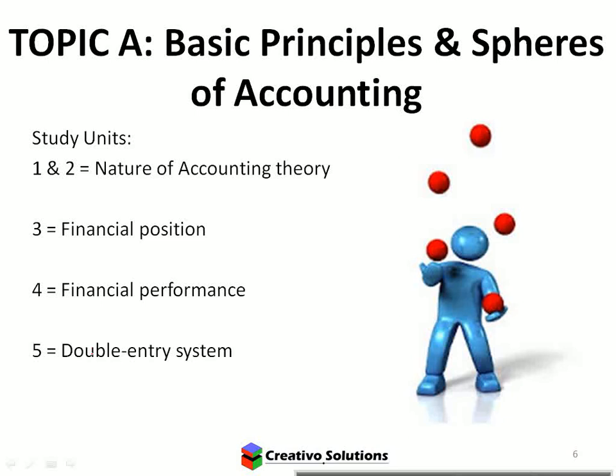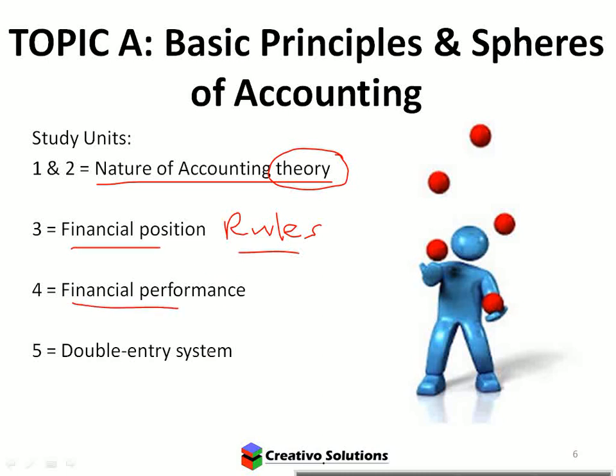Okay, so in terms of basic principles, we need to look at these key areas. So we've got here, the nature of accounting is all background, that's theory, that you can just study. Then you've got rules here, and I've split the rules into different sections: financial performance and financial position, and then you've got this whole entry, this double entry system, which is a debit and a credit.